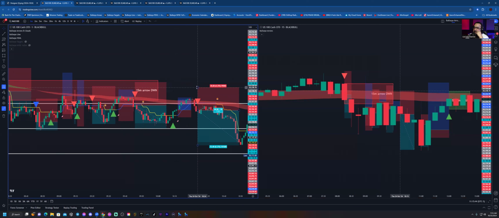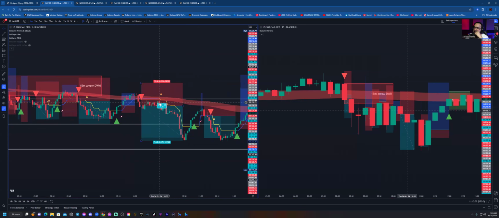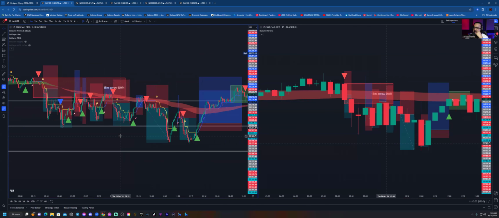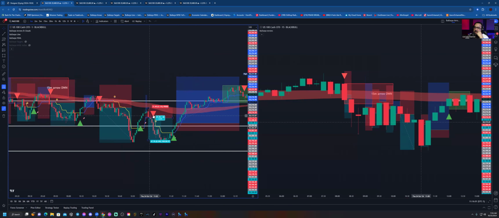So we took this red arrow here at 1024, 50-point stop, and we saw it get hit at 1 to 1.5. And I think by that time, yeah, we're pretty much done. There was a small risk that was taken here. And then we saw